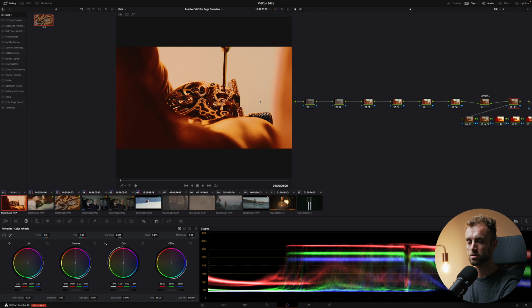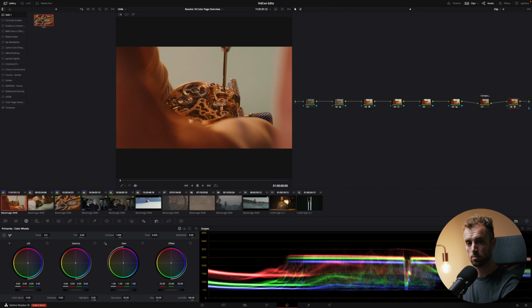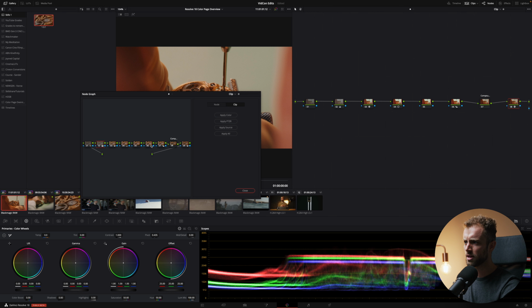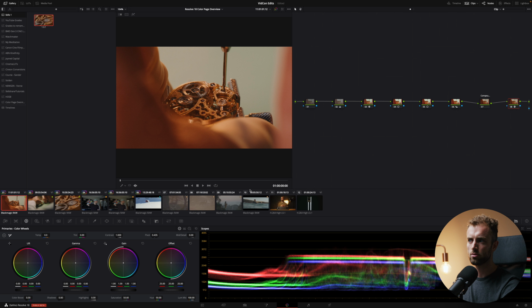All right, so now, of course, it looks ridiculous, but the entire grade from this clip will be posted after the entire node tree of the existing clip. All right. What you can also do is right click, display node graph, and then drag, for example, this node only onto this clip. Boom. It doesn't do a lot because maybe it's a small tweak, but now you have that node in your current node tree. Super powerful, super easy to use, and definitely highly recommend to play around with these tools.